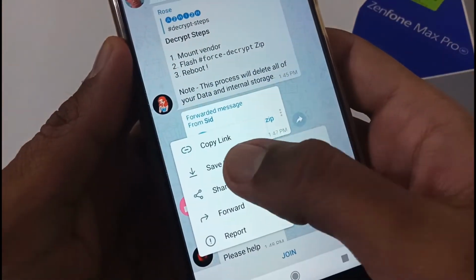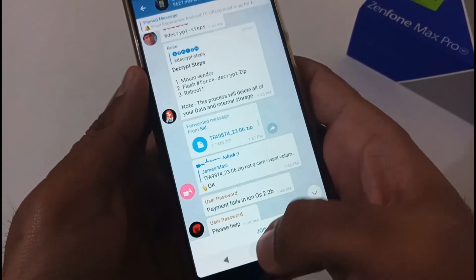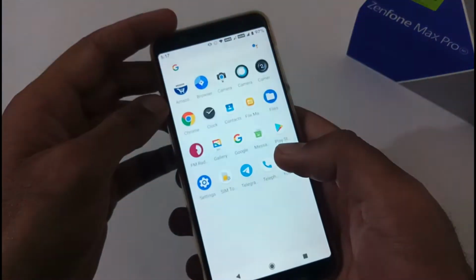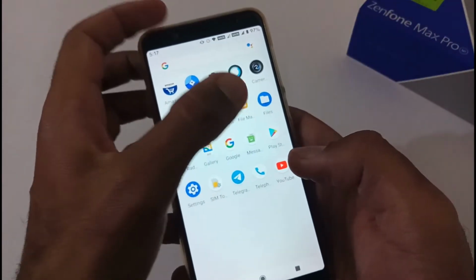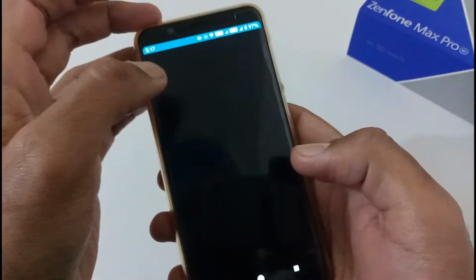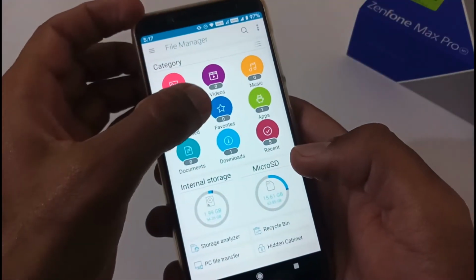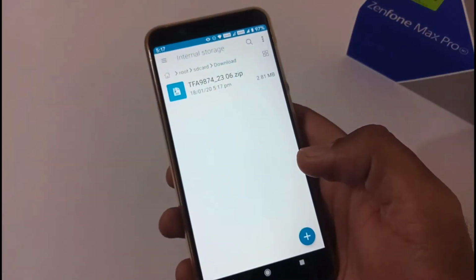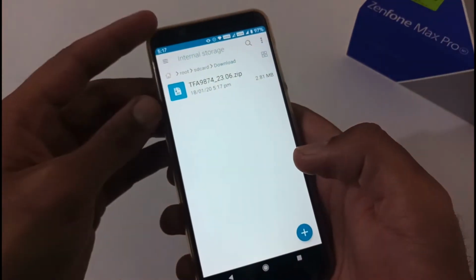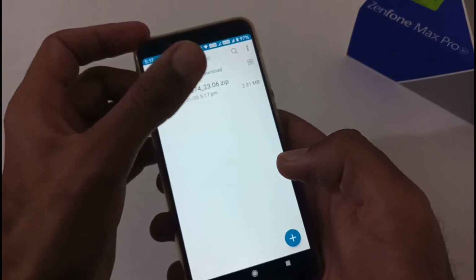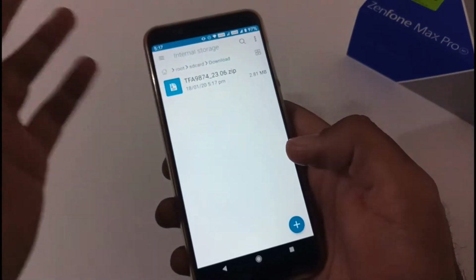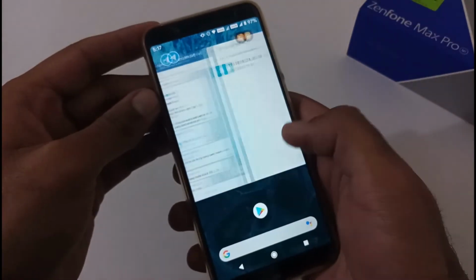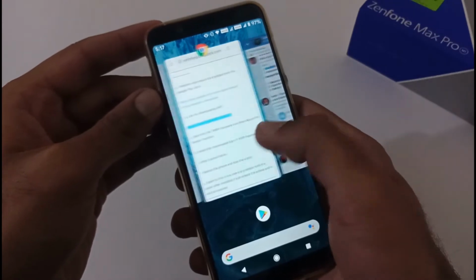Afterward, just save to download. It's hardly a 2 MB file, so it will download as fast as your net speed allows. Let me show you. By default, it will be downloaded to your download folder. Afterward, you just have to move to TWRP and proceed with the next step. You can also move this to your external SD card or OTG pen drive, whatever you are using. We can even keep it in internal storage too.